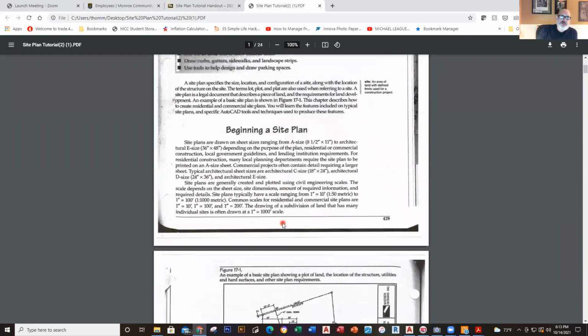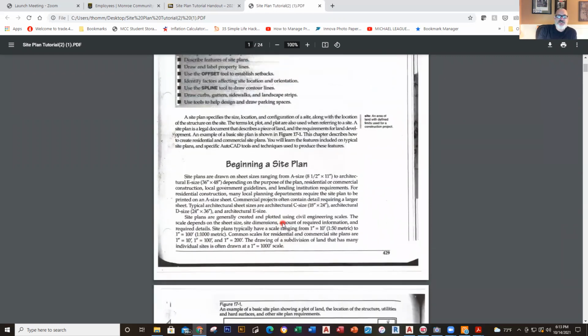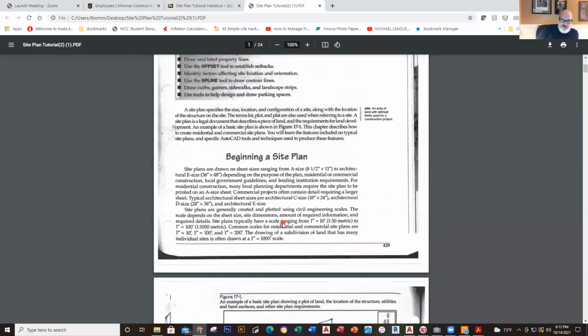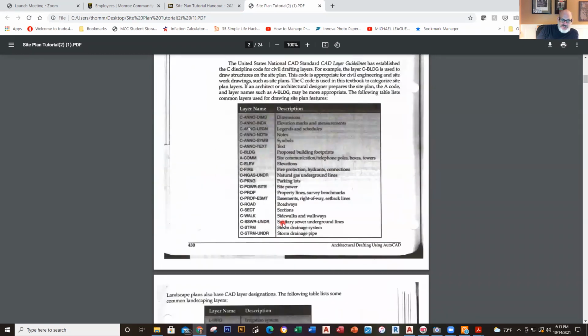A site plan specifies the location and configuration of a site, meaning where a particular structure is going to rest, typically. And it's going to have things such as property lines. It's going to have contours. It's going to have topographical lines. It's going to have measurements and so forth. And it's quite different than what we've been used to so far. So that's what we're looking at right now. As we get into this, we're going to be using some basic